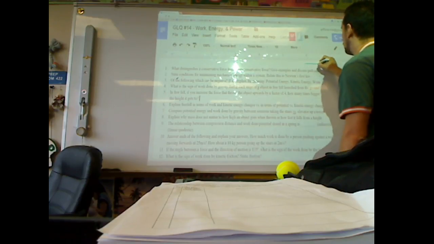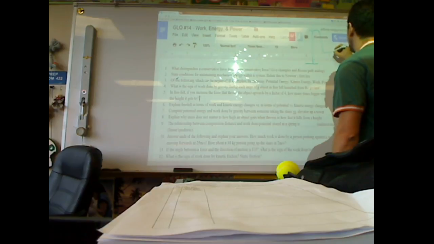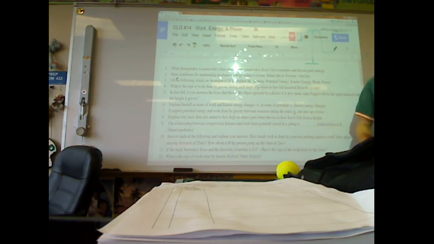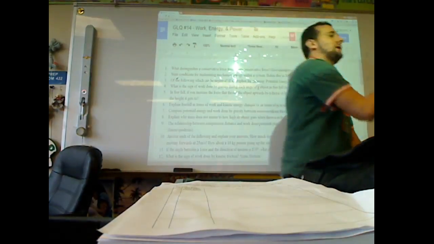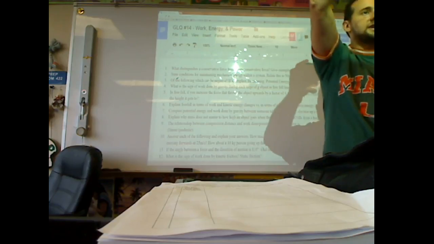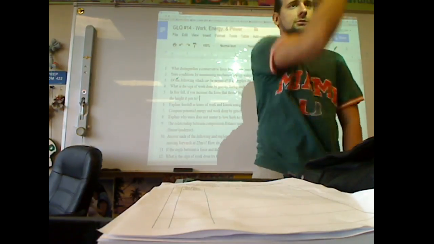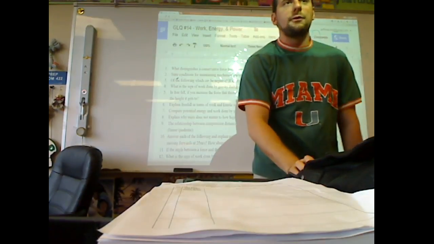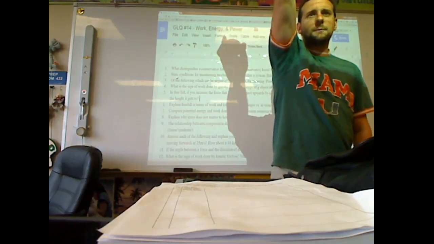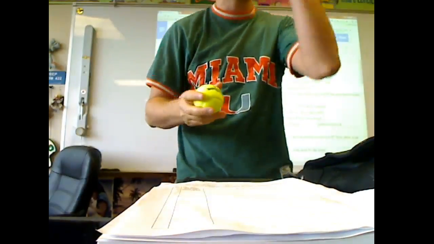So if I pick up a path, like going from here to here to here to here. If you're talking about a conservative force, it doesn't really matter what path you take. All that matters is the displacement. Are you with me? So think about it in terms of gravitational potential. If I do this, then this, then this, and this, and this, at the end of the day, I gave it this much potential. So I start from here, I did all that, and ended up here. That is exactly the same thing as grabbing it from here and putting it here. Are you with me? In terms of how much gravitational potential was added.